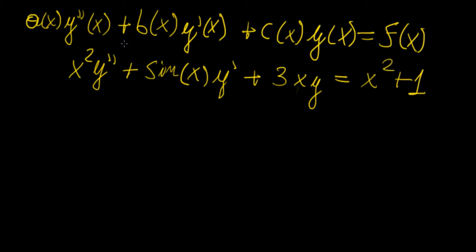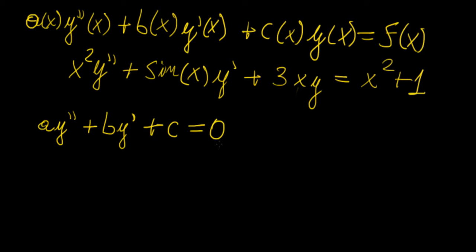But the differential equations we're going to be focusing on today, because we need to learn some techniques for solving simpler cases before we move on to this, is a linear homogeneous second order differential equation with constant coefficients, and we call it homogeneous